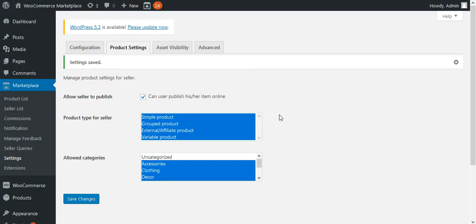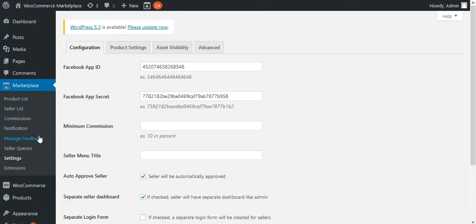Now whenever the admin makes the transactions, after taking the commission for himself, when the admin transfers the amount to the seller's account, there's a log for those transactions. So to check the transaction, the admin can navigate through the seller list first,